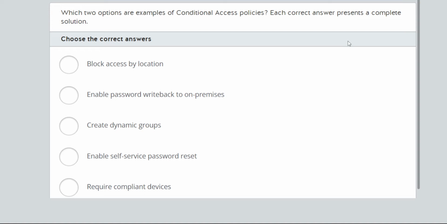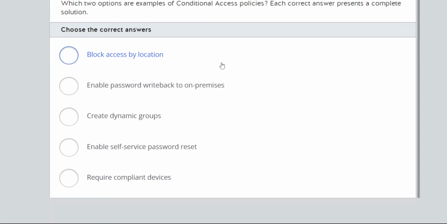So over here the first question is, which two options are examples of conditional access policies? Each correct answer presents a complete solution, so we need to identify which two options are examples of conditional access policies. So let's check out the options. First is block access by location, enable password writeback to on-premises, create dynamic groups, enable self-service password reset, require compliant devices. So over here the correct answer is block access by location and require compliant devices,